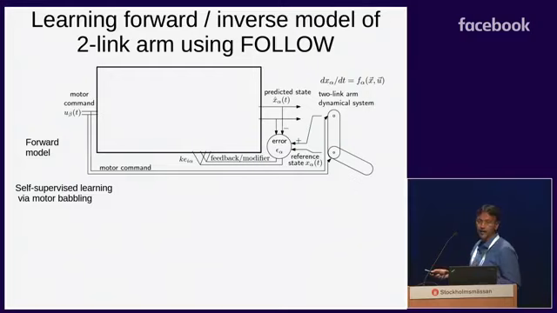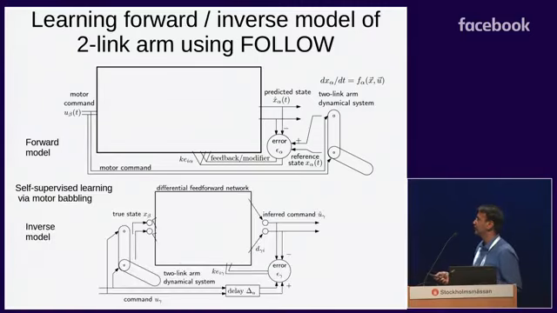You require the error at every time point, but for a human body or an animal body, this is easily available. It's self-supervised because as an infant, just like vocal babbling, infants randomly move their arms around. So basically, random motor commands are being generated, and the arm moves in a random way, and from these observations, the brain can construct this model by just motor babbling. So labeled data is not a problem here for motor control, at least for learning the inverse and forward models. Similarly, apart from the forward model, the brain can learn the inverse model.